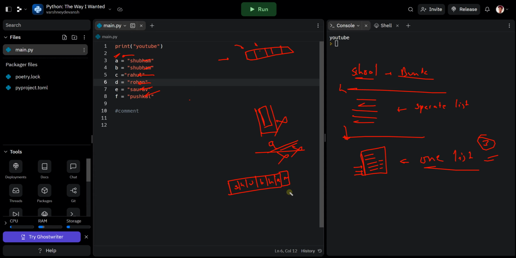Shubham is being stored in memory, and all of these memory cells have an address. You can think of this as a bare plot of land where a house hasn't been built. But right now there is a house called S, and that plot number is here. So this is the plot number, and then there is this house.